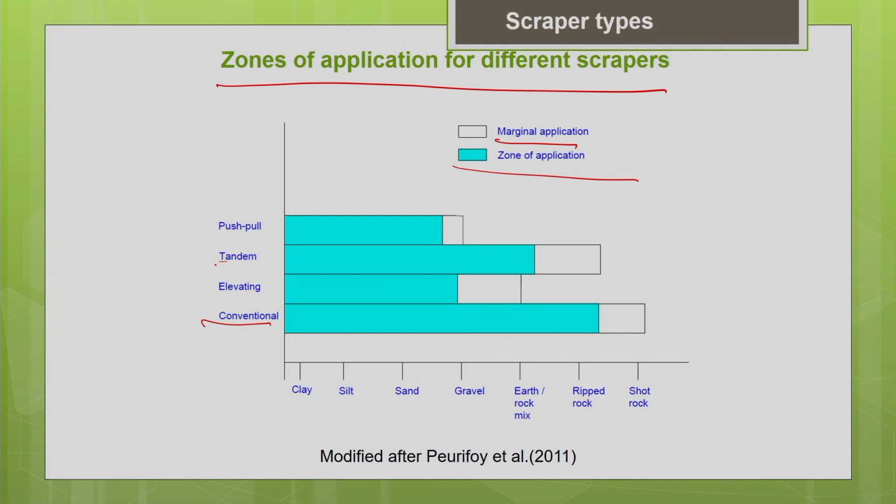When we go for tandem power, which can generate more power, you can see the performance is slightly better when compared to the other two types. But among all the types of scrapers, the pusher loaded scraper shows the best performance with respect to the range of material. It can handle most of the materials comfortably because of the supplemented loading power obtained with the help of the pusher.